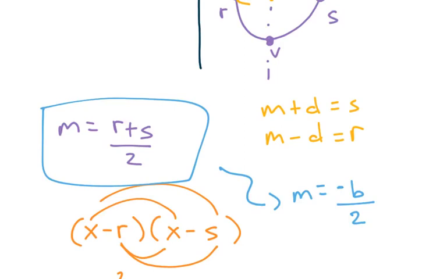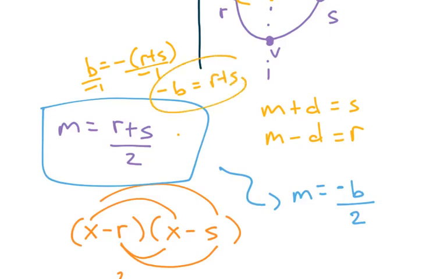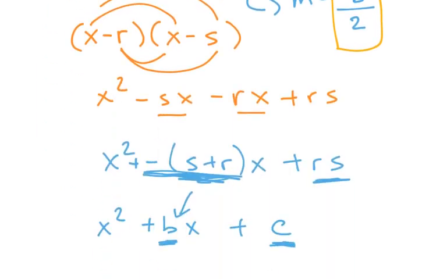What I'm saying here is that b is defined as negative r plus s. So if I divide through by negative 1, negative b equals r plus s. So we now know that m is negative b over 2. This is incredibly useful because I know what b is, right? We also know